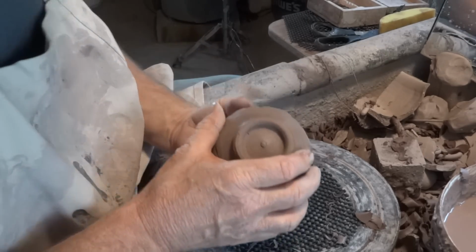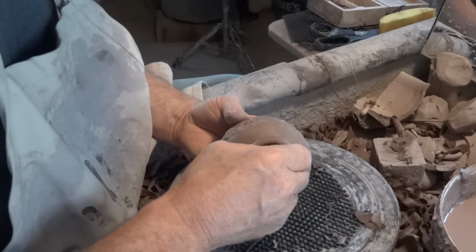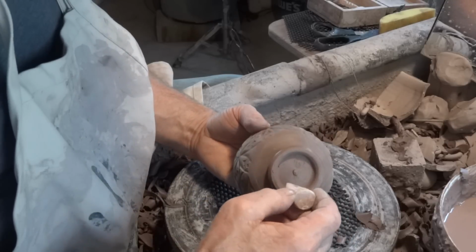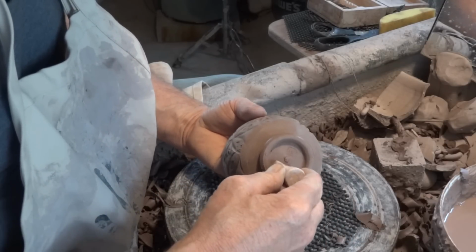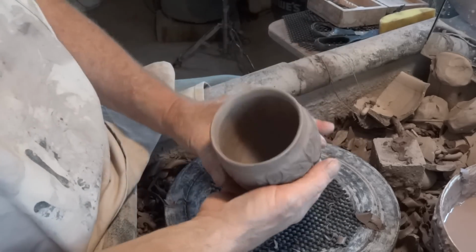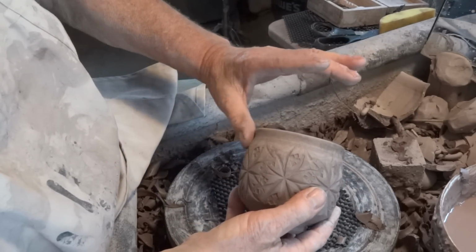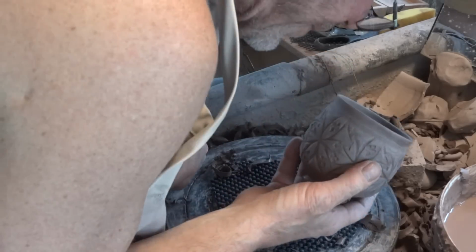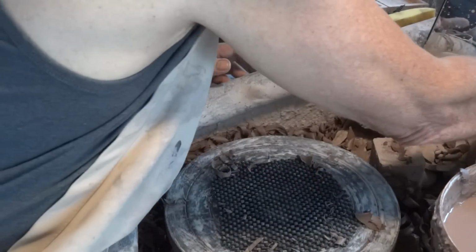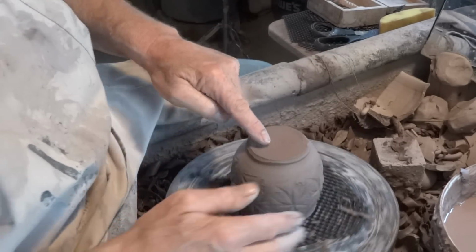You'll know if he's right, he'll just give you a good feeling that he's right, just a feeling of being well balanced and nicely in proportion, you know. He's a little bit flared out there, and that's so he meets your lip, you see, meets the lip. Okay, one more to do here, and then